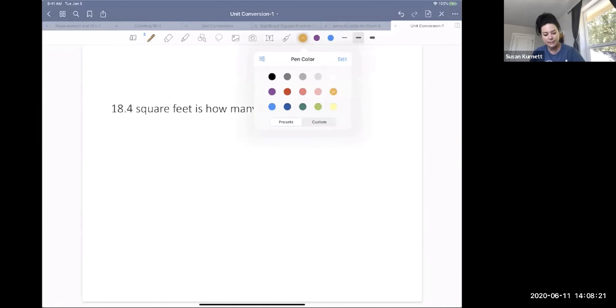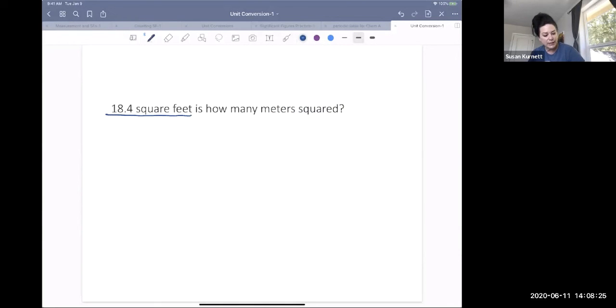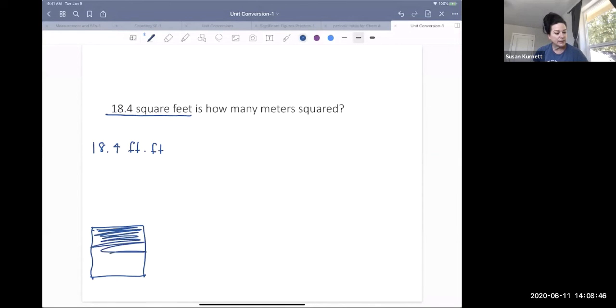Let's see. So I'm starting with 18.4 square feet. And what that means is 18.4 feet times feet. The only thing that is squared is the units. And what that means is, pretend that's a straight line, that we have a square, that this area inside of here would have been 18.4